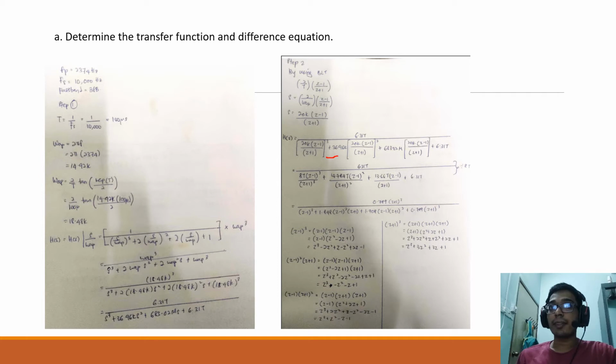After the substitution, we multiply by 36.96K, the substituted answer of s, and we will get 6.31 tera divided by 80 times (z minus 1) power of 3 divided by (z plus 1) power of 3, and it will also